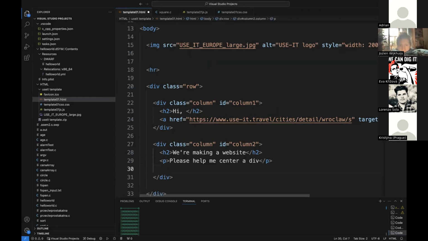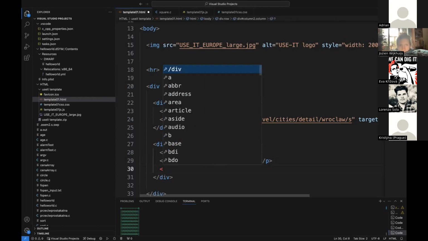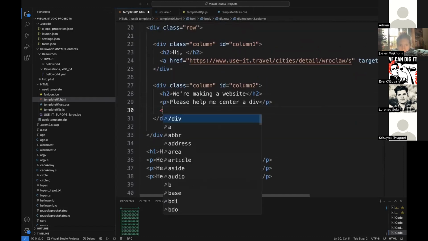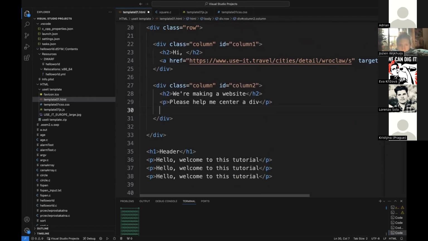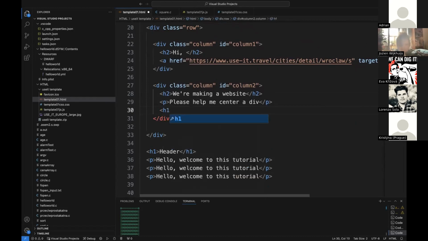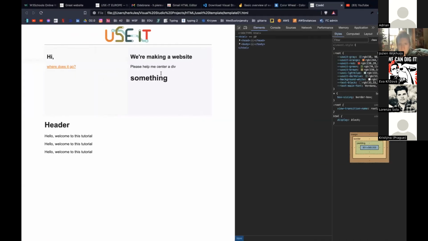So how would we put for example, a title like a header? We would open a bracket. We'll H1. H1, exactly. The program will automatically close the element, and between those openings and closings we can type something. Yeah, and we have something. Great,